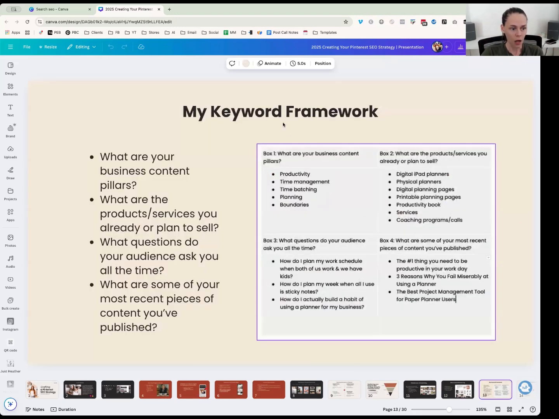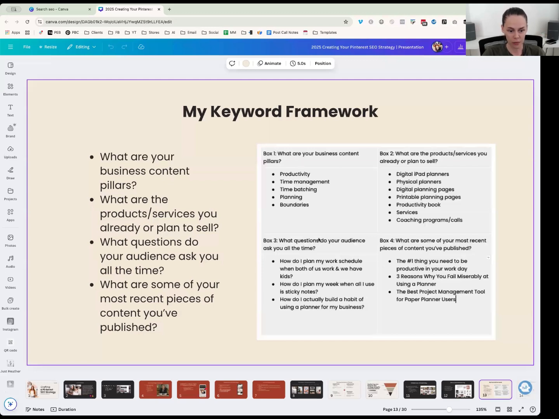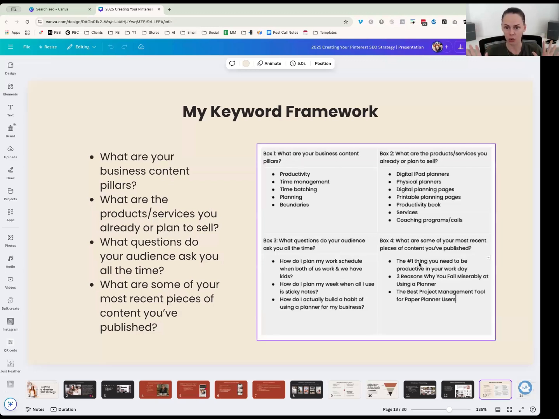So I want you to write down, in these pillars, and if not all of these fit you, if you don't have your own website, you're just on TPT, that's okay, but these are the guidelines that I follow. Number one, what business pillars do you cover? So if you teach math, what grade levels do you cover? Or what specific subject within math? Is it trig? Is it calculus? Is it all subjects? Is it just basic 5th grade math? What is it? Write that down.